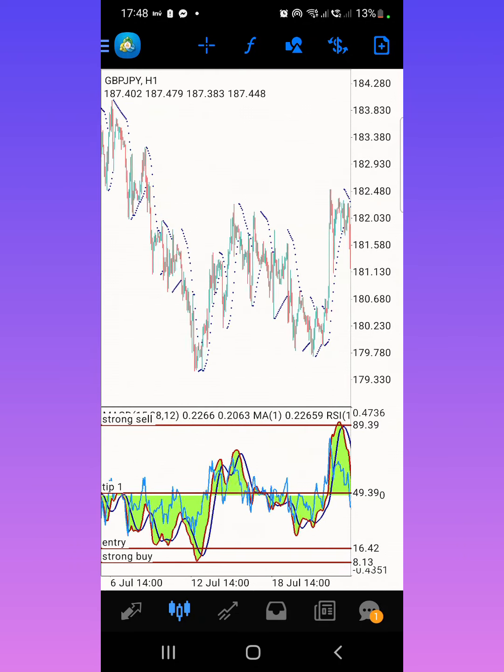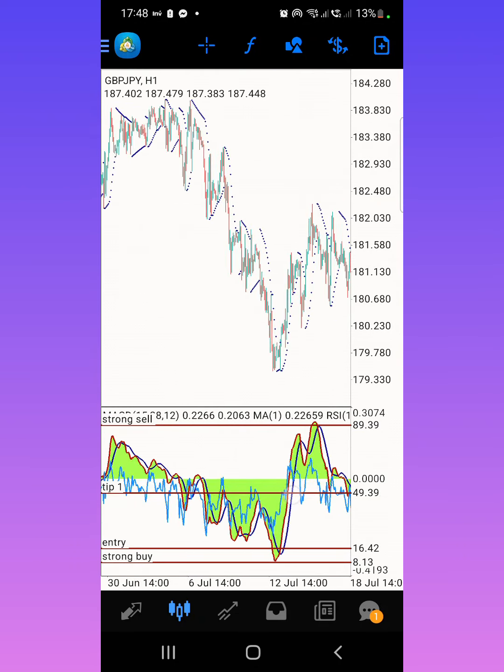Control emotions, don't enter the market before it reaches the levels, and then you're going to make money in the forex market